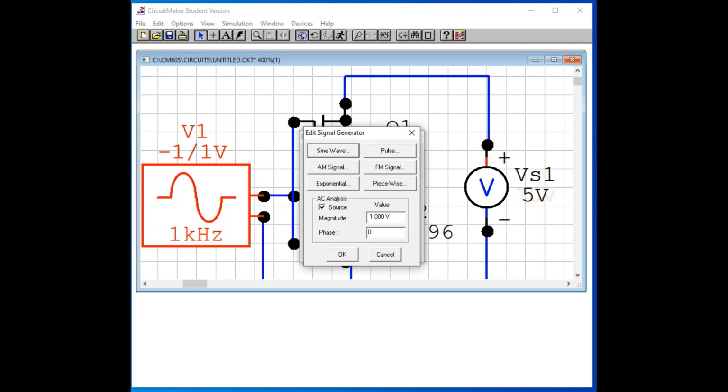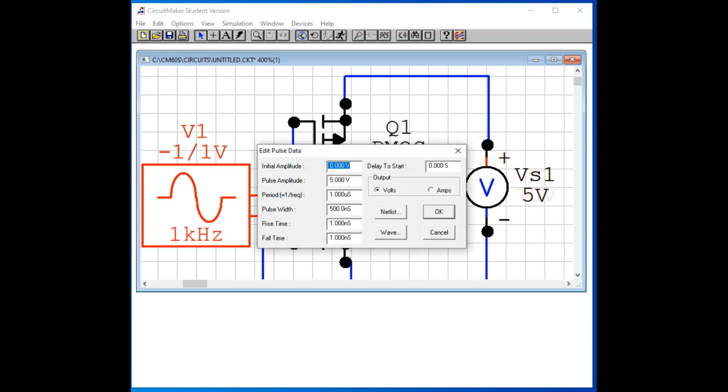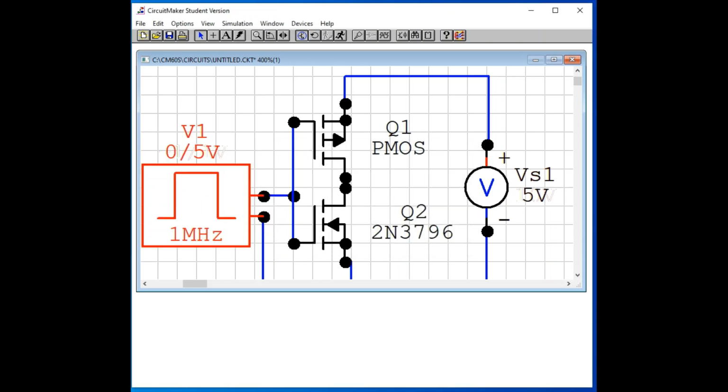Rates you can choose maybe pulse, 0 volt, 5 volt. Period is 1 microsecond. Let's keep it default. So it's basically half period is the pulse width. Then looks like all set.